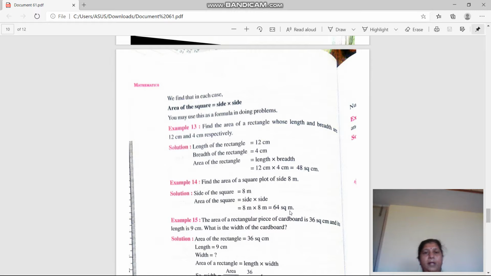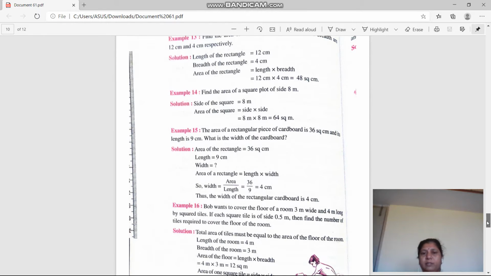In the next example the area is given and we have to calculate the width. Area of rectangle is equal to 36 square centimeter. The length is 9 centimeter. We have to calculate the width. Area of rectangle is equal to length into width, so width is equal to area upon length, that is 4 centimeter. So the width of the rectangle